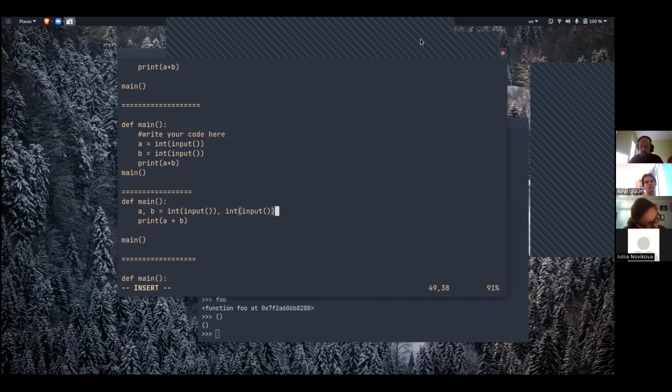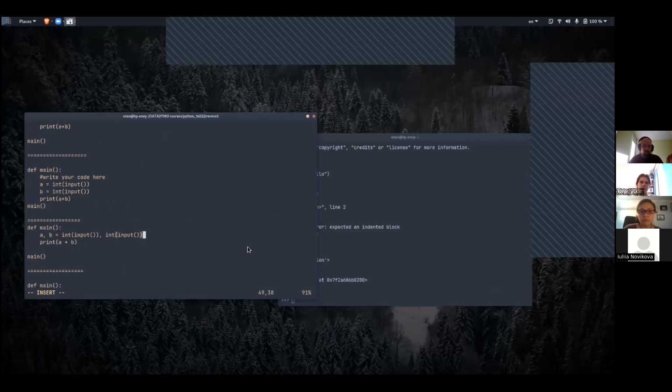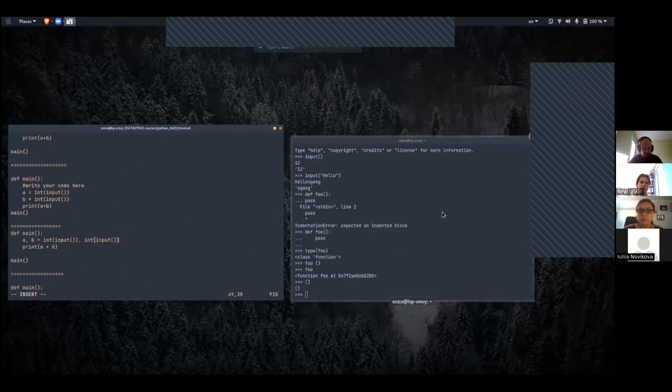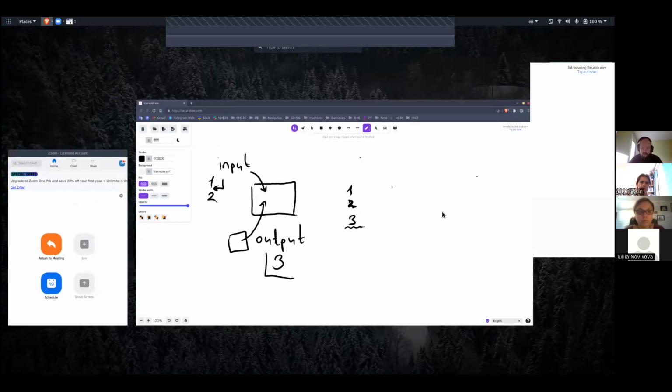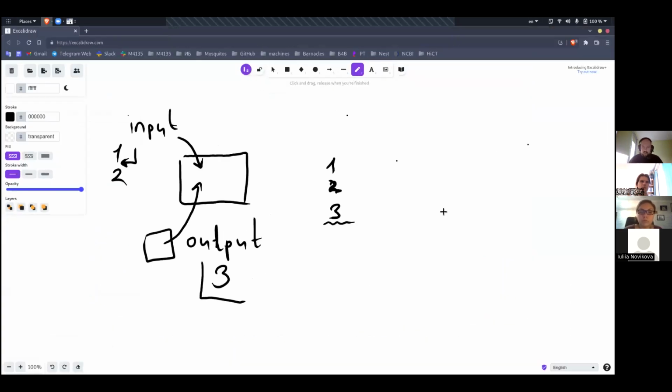I still want to have annotation in my Zoom. Okay, let's write it here. So